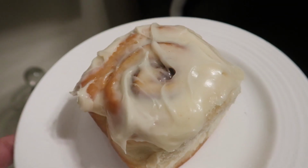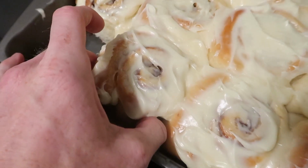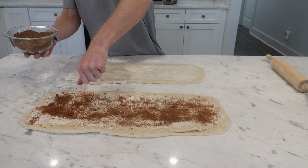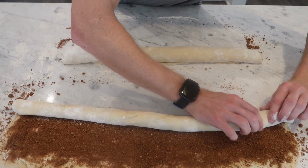When breakfast and dessert collide, you know it's going to be good. Cinnamon rolls are just one of those age-old classic recipes that pretty much everyone loves. I'm kind of obsessed with them even though I've only made them a couple of times, but I grew up